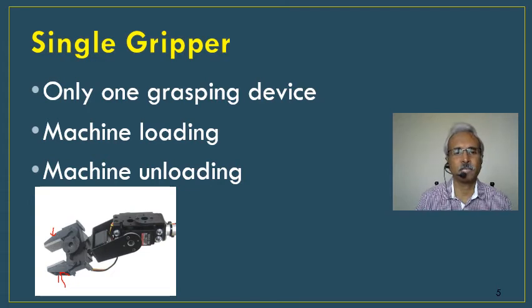Probably here you can see this is 1 degree of freedom which gives the pitch up and down. There is a rotary joint here, and there is one more rotary joint here which gives you the roll, right? So there are 2 degrees of freedom here, and of course in this particular gripper there is no yaw. As I told you, it's not necessary for a gripper to have all the 3 degrees of freedom. That depends upon the purpose for which you are using it.